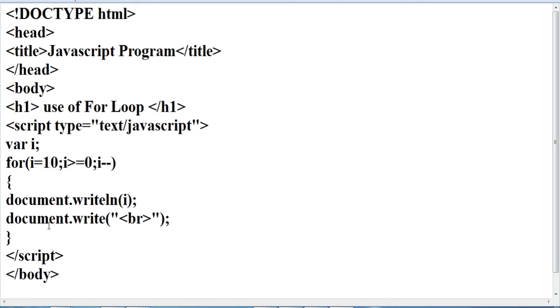I have to print i, so up to 0 I will print i, and as soon as my i becomes -1, I will come out of the loop.